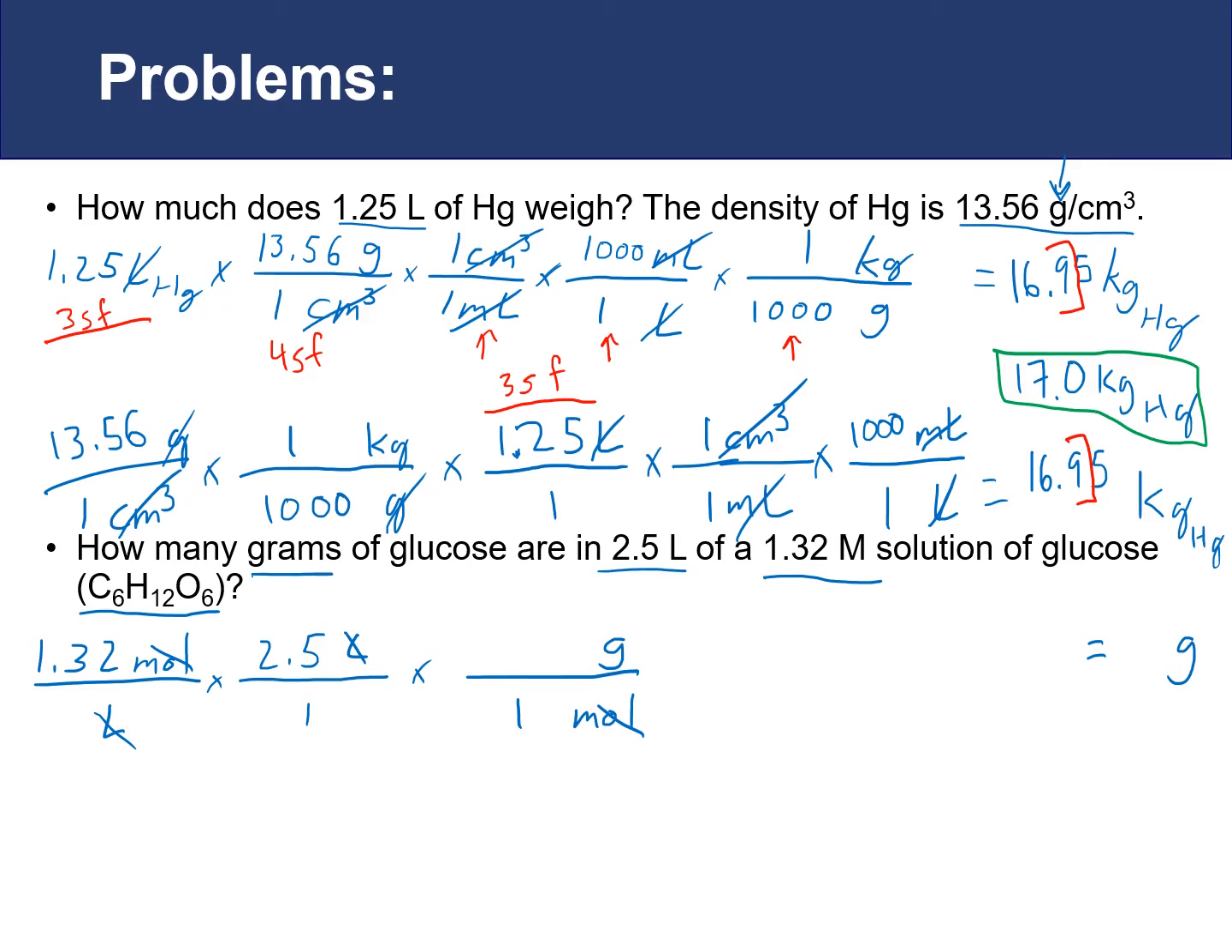So to figure out the molecular weight, we would take our chemical formula and multiply it by the mass of each one of the atoms, add them all together, and that would give us our molecular weight. So we have 6 carbon. So we would take 6 times the molecular weight of carbon plus 12 times the molecular weight of hydrogen plus 6 times the molecular weight of oxygen. So that's 6 times 12.011 plus 12 times